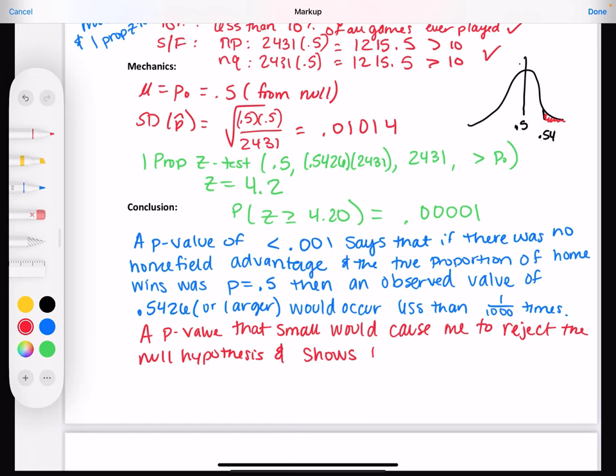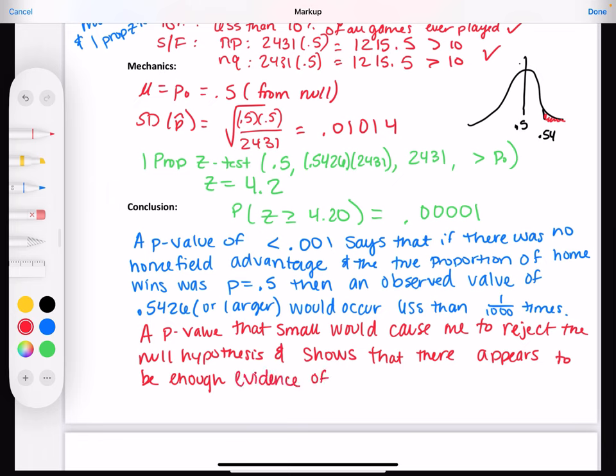and shows that there appears to be enough evidence of home field advantage